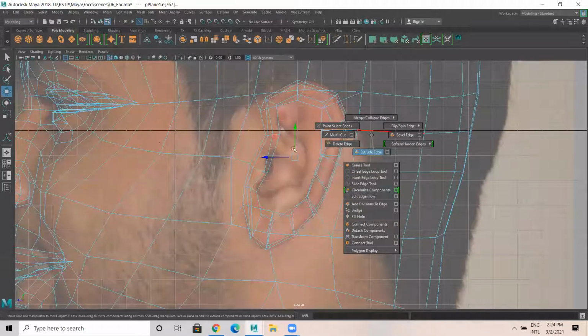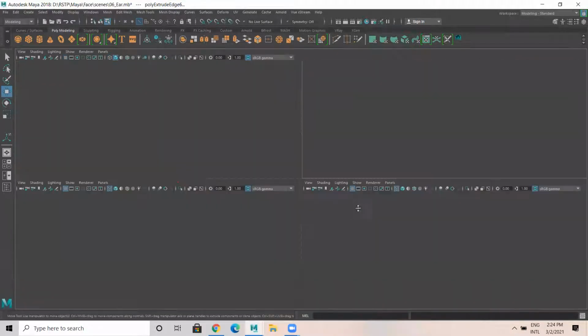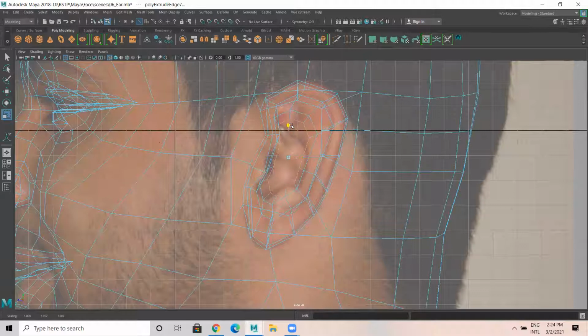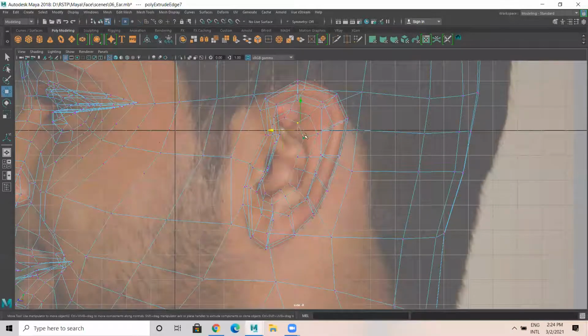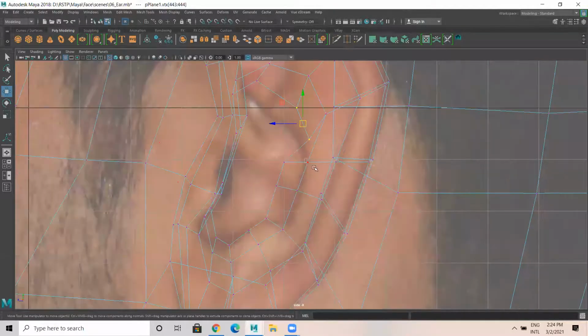Now I extrude this. It's like this. Inside. This has to go a little bit inside now. Again, I extrude this like this to inside. So arrange this vertex properly here.